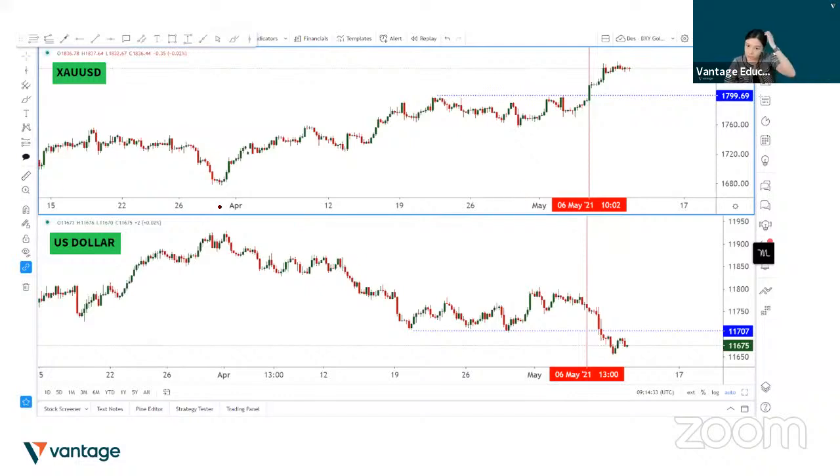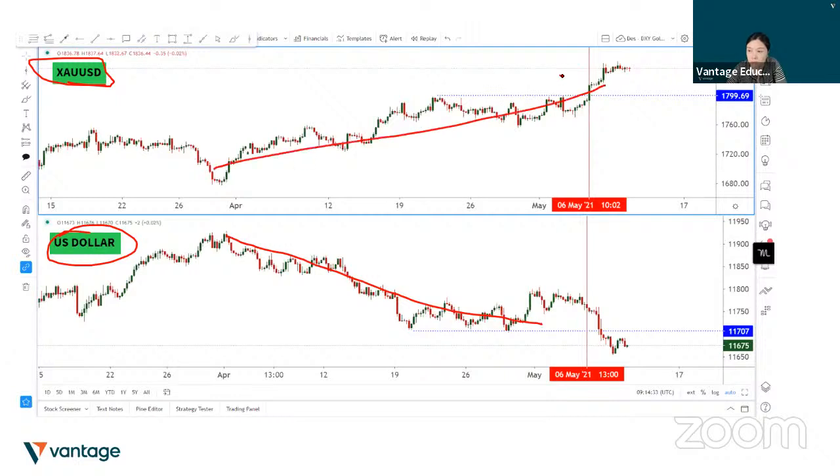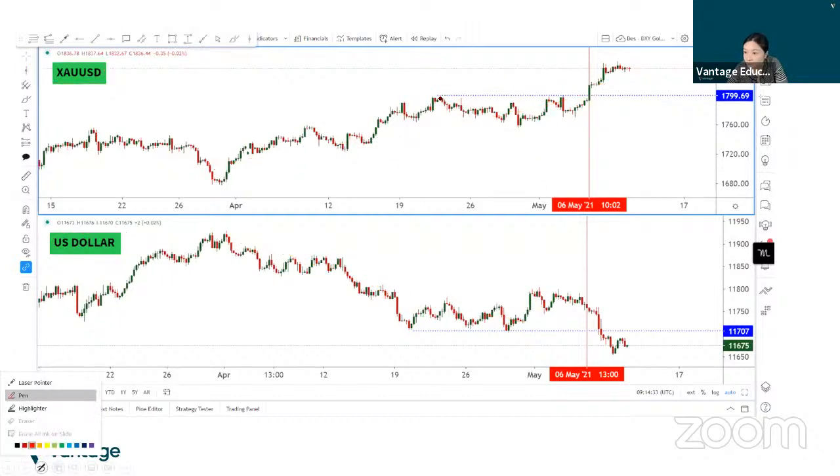Okay. So what we do here is we are looking at our gold and our US dollar. In this instance, you can see that they are negatively correlated because one is coming down, one is going up. So this is negatively correlated. And then we can see that it touched once, twice, and we're looking for the breakout here. Here we have, okay, this is quite different because you can see that